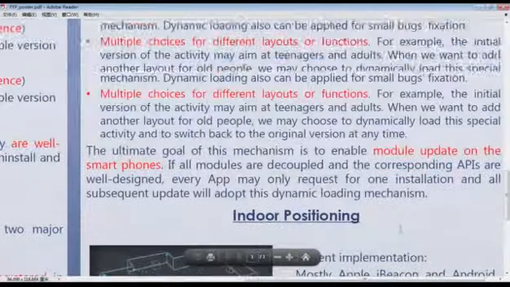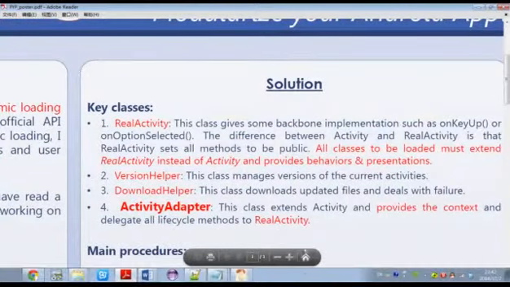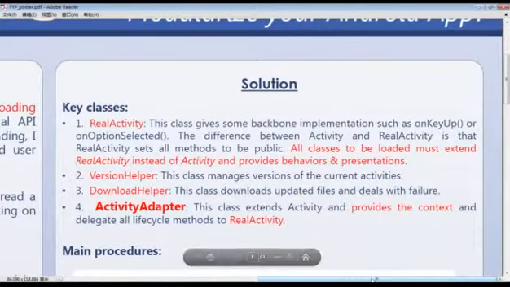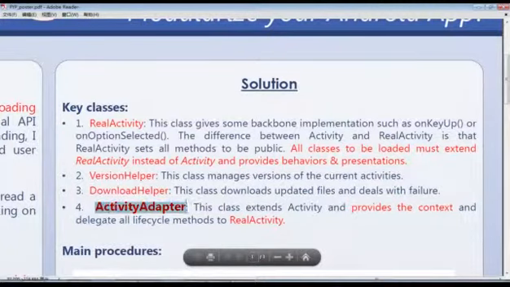But after some thinking, I proposed my own way. Because we want to dynamically load a Java class, the only feasible choice is to use the reflection API. But we also need someone to provide the context. So what about combining these two methods? Well, the key